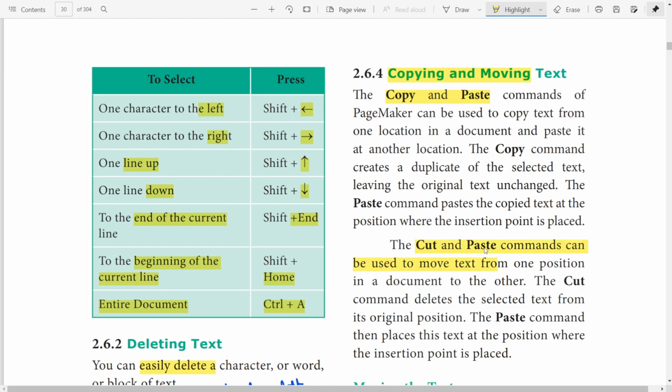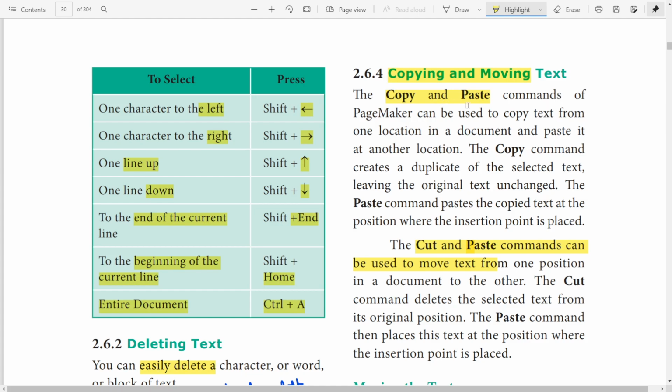Copy means it makes a copy to another location. That's it. It cannot be moved to another location. When you copy a particular text, it can have the same text in another file also.